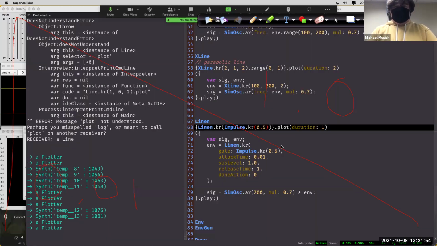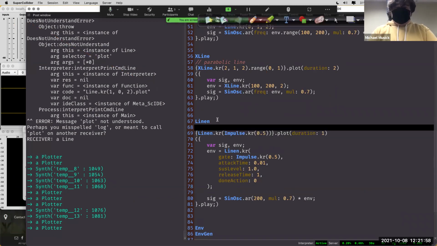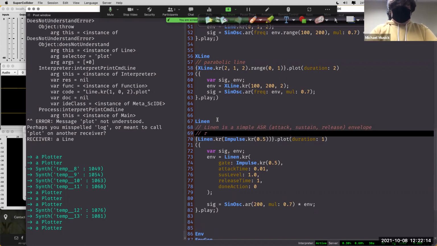Okay, so if we clear this out, linen is a simple attack, sustain, release envelope. Requires a value above 0 to